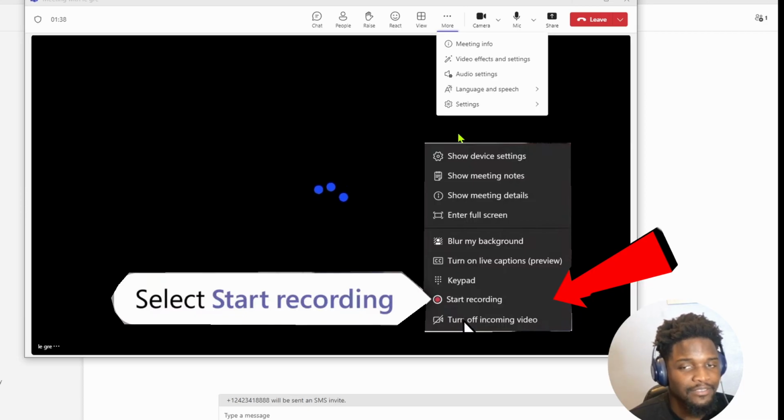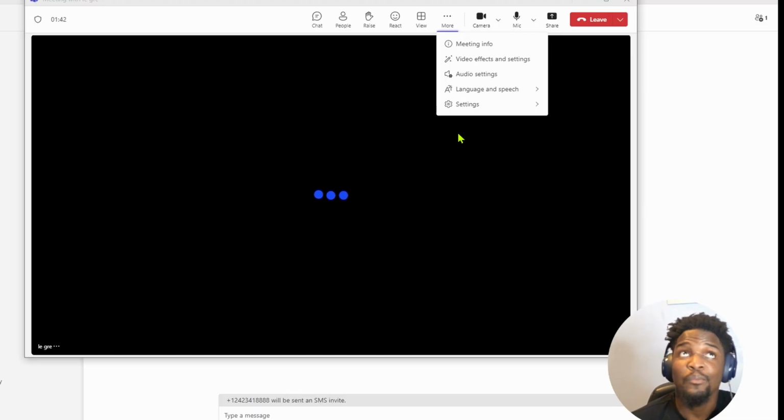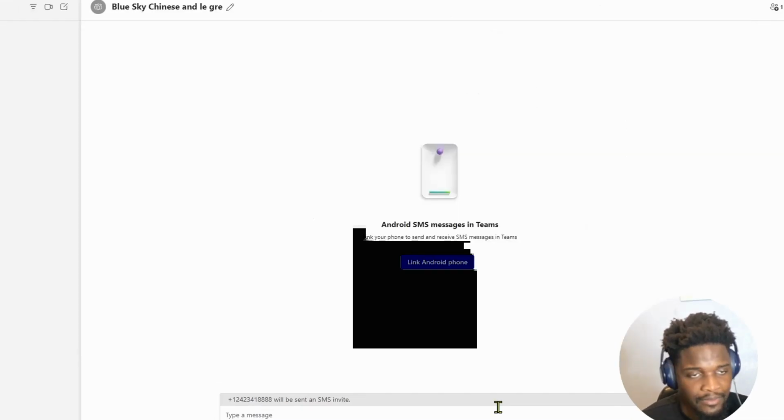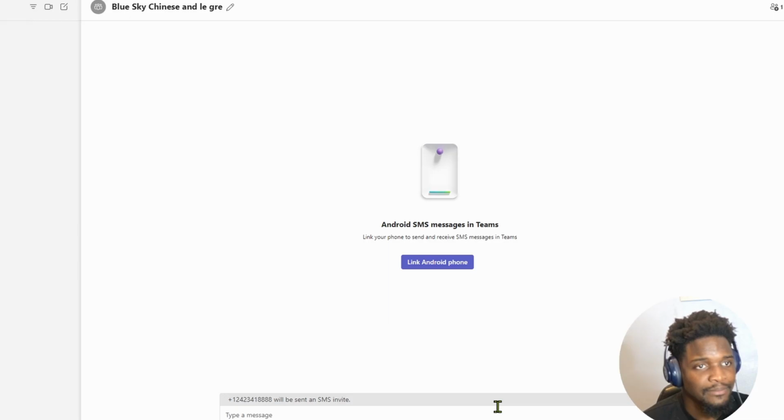Once, let's say the meeting is already done, you're going to stop the recording. I'm going to put another screenshot somewhere around on the screen. So all you got to do is get the full access to Microsoft Teams, and then you're going to click screen record in the more options, and then you're going to go ahead and stop it whenever the meeting is